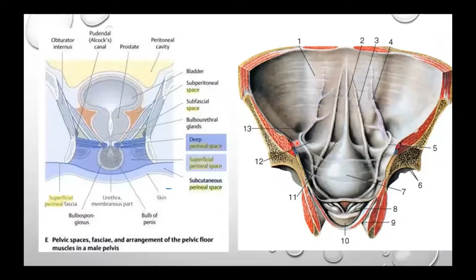In this picture you can see the supravesical foci. This picture is when the bladder is empty. Only when the bladder is empty can we see this kind of peritoneal foci. When it is full, we cannot see this. The paravesical foci you can see in the coronal section of the pelvis. This is not the exact coronal section, but when you take the coronal section along the bladder, we can see the paravesical foci. On the sides of the urinary bladder, we have an empty space, that is the paravesical foci.